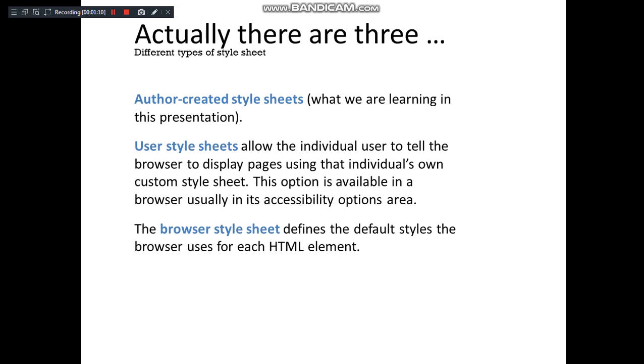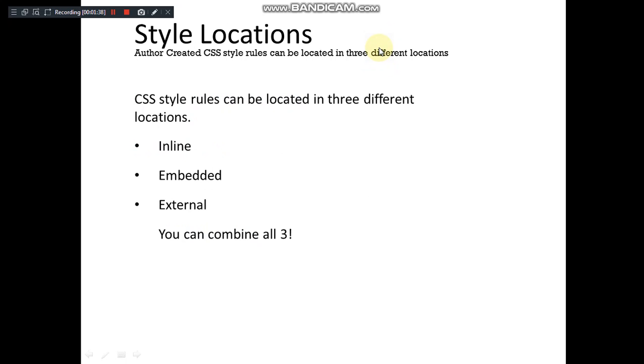So based on that, even the user, the one who is accessing the website, has a provision to make those settings to the web page which he is viewing. The other one is the browser style sheet, which is defined by using the default styles for each of the HTML element. So these are the three sources from which the style sheets come.